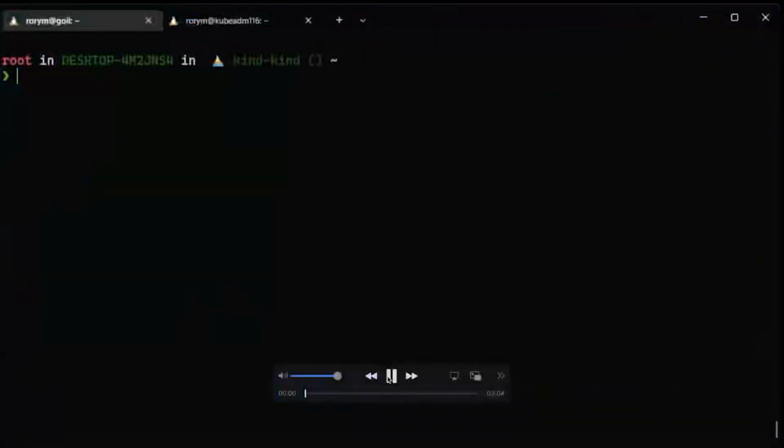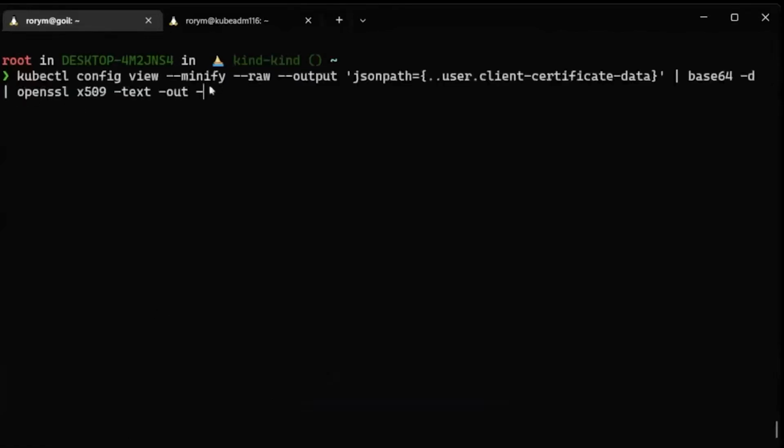Here's demo 8. As mentioned on the previous slide, Kubernetes itself doesn't have a user database, but relies on external authenticators and the identity they provide. And we can actually look at this by looking at some of the identities used in a kind of standard Kubernetes cluster. The first one, what we're going to do is use this command here to extract information from the kubeconfig file, which is how users often authenticate to clusters. And we're going to get the client certificate data and see what user we are actually authenticating to as this cluster.